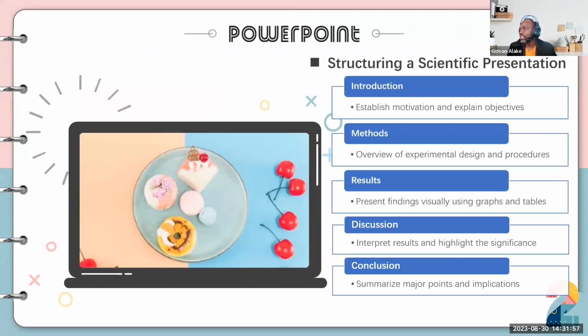Okay, so this is a structure. We have a structure of a PowerPoint of a scientific presentation here. You have the introduction. If it is from a research, okay, there are a ton of scientific presentations that you may structure differently, right? So sometimes, like two weeks ago, I was invited outside the US to give a presentation,